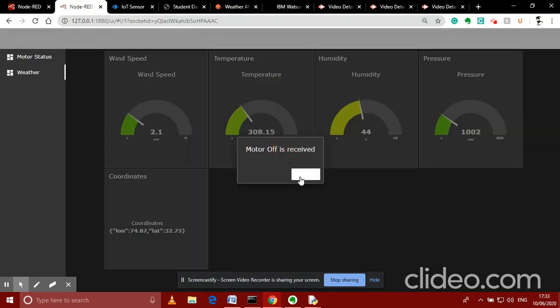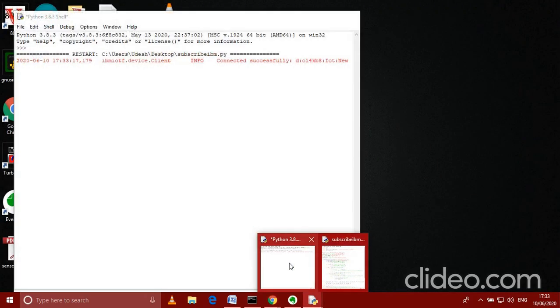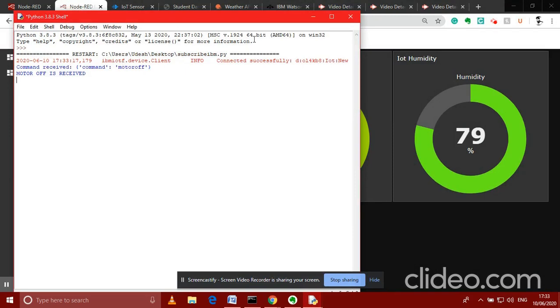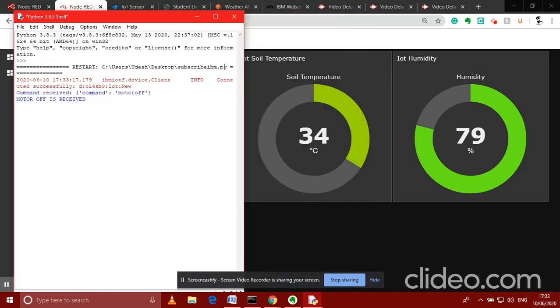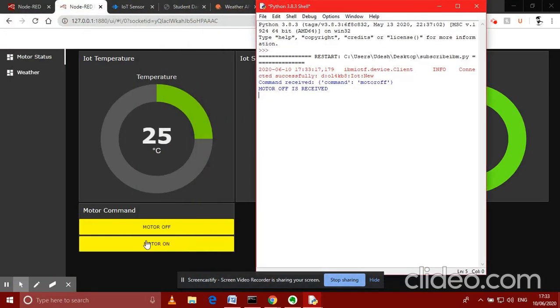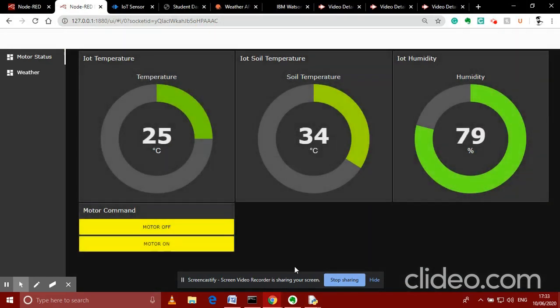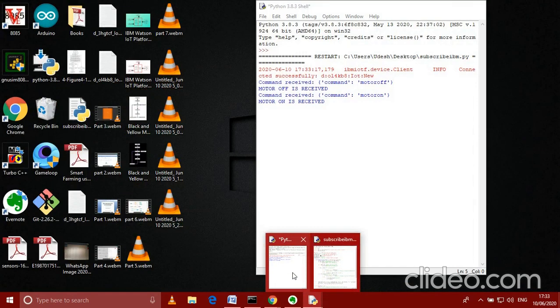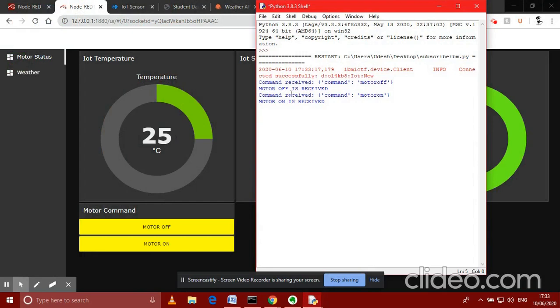Now let us check the Python code. Here you can see we have received a notification here as well. Let us now press the motor on button and check if it works. So here you can see that we have received the motor on notification as well.